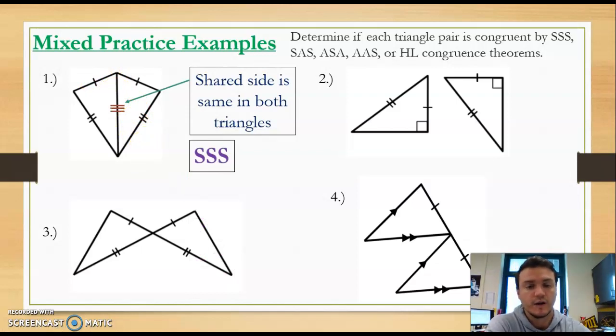Number 2 is what we just went through. Notice how they're right triangles, so we have our right angles here. We also have these long sides, the hypotenuses are the same, so we have the H part. And then we have one other side, which is called the leg in a triangle, so this would be your HL congruency for that one. Number three,